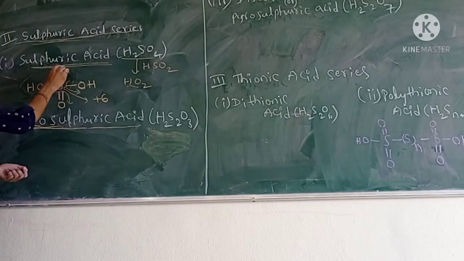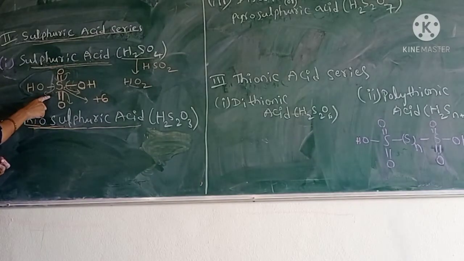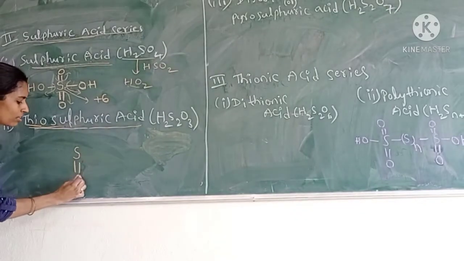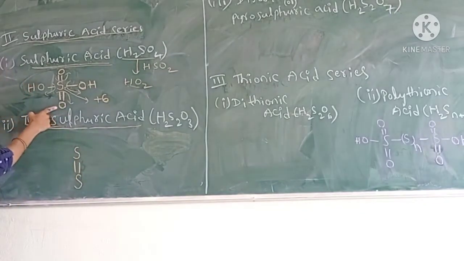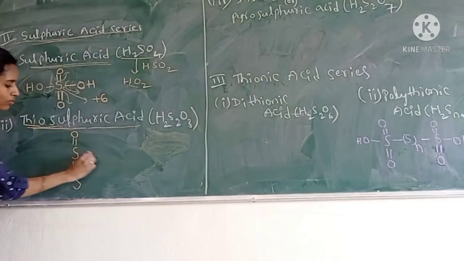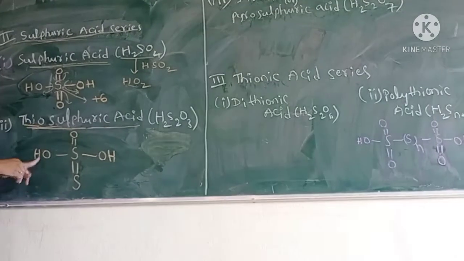So just in place of one oxygen, if you put sulfur in this structure, you will get thiosulfuric acid. You see this, in place of one oxygen, I am putting sulfur here, and the rest is the same: double bond O, OH and OH. So this is the structure of